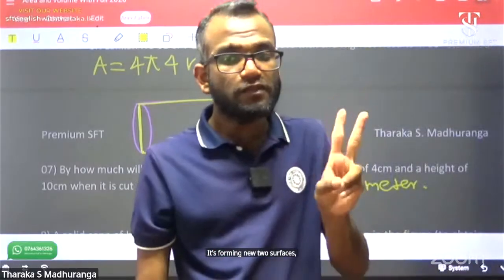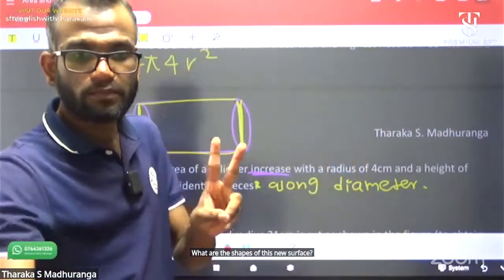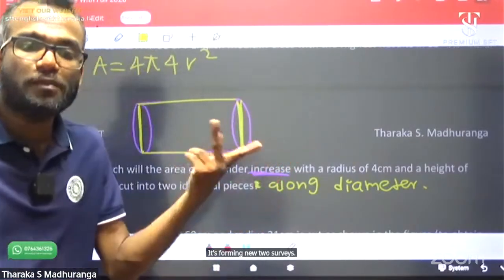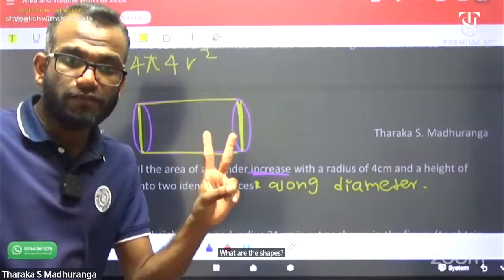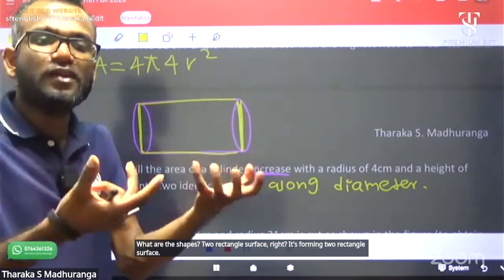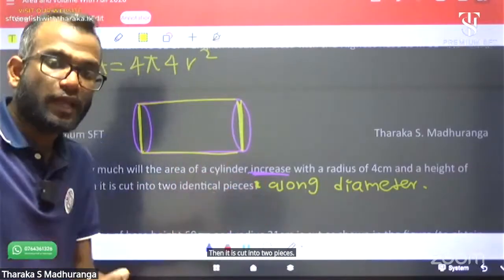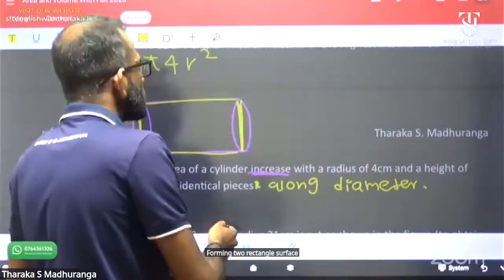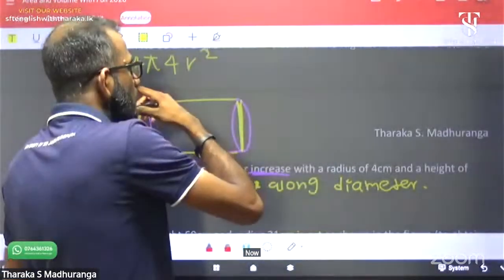What are the shapes of these new surfaces? Two rectangle surfaces, right? It's forming two rectangle surfaces when it is cut into two pieces. Good. Now two rectangle surfaces mean